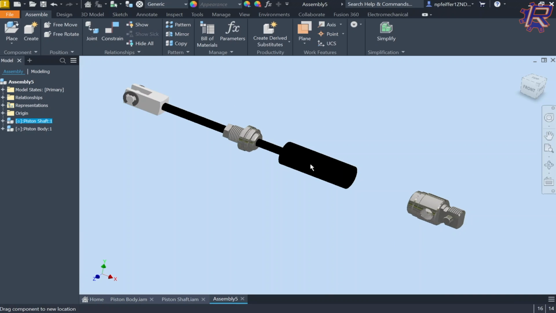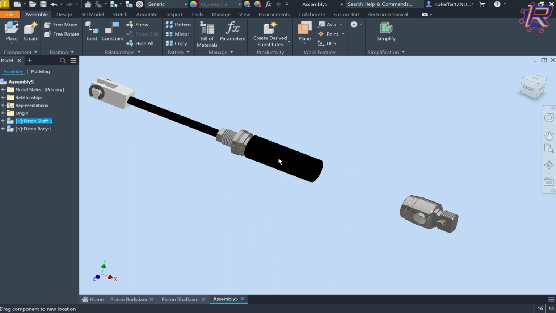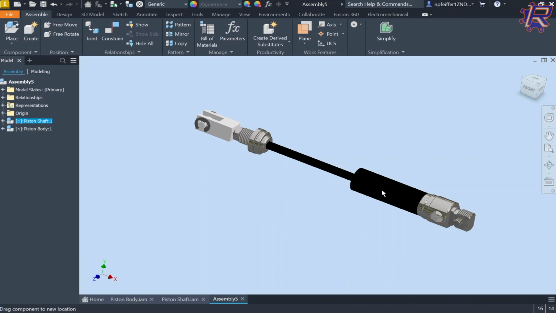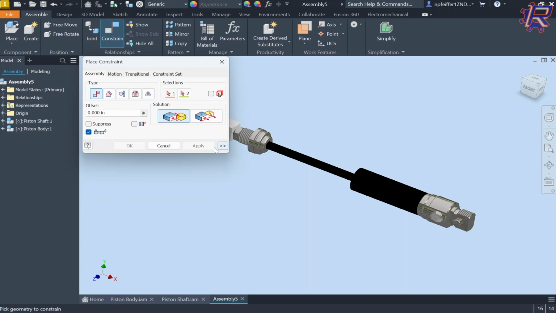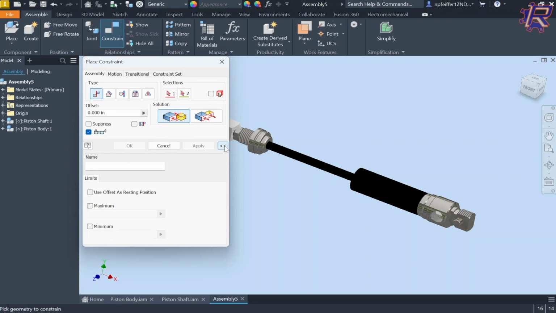So we want to stop our shaft from going past this point right here, and stop it from going past this point right here. And the way you do that is with a constraint, and it is called a maximum and minimum constraint, which you can get by clicking this arrow right here. So for pistons at least, you don't even have to use the maximum,